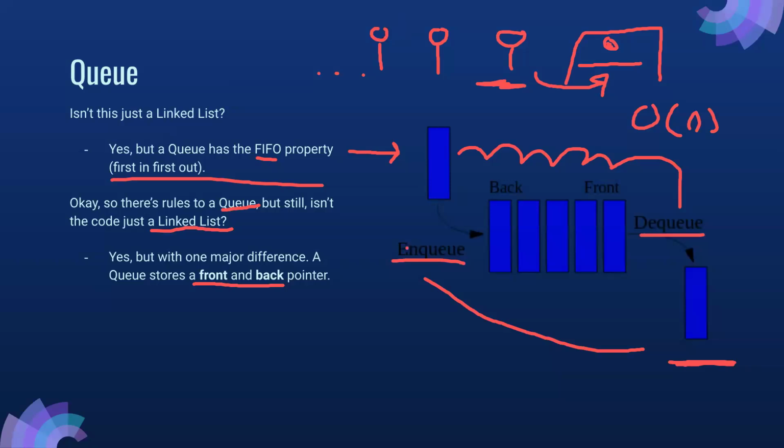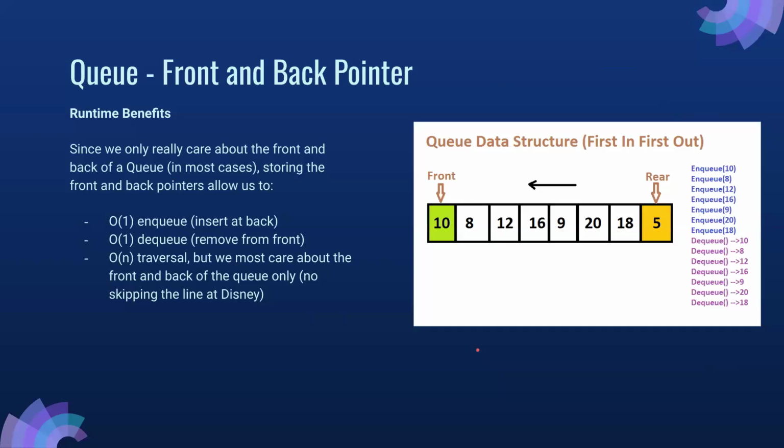This is where queues become good, right? They're cool. I kind of enjoyed this when I had this eureka moment in Ahmed's class when he taught this. I was like, okay, there are two pointers. There's a pointer to the front and there's a pointer to the back, and so now we basically can do both. We are able to insert at the back of the queue because that's where you get in line. We're able to enqueue super easily. And on that same note, we're able to take people out of the line super easily because we hold a pointer, right? So it's O of 1 to enqueue, O of 1 to dequeue,